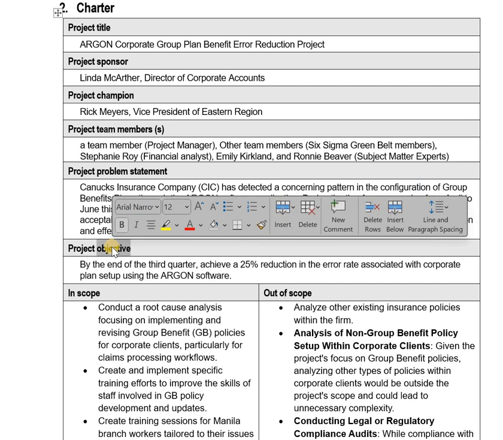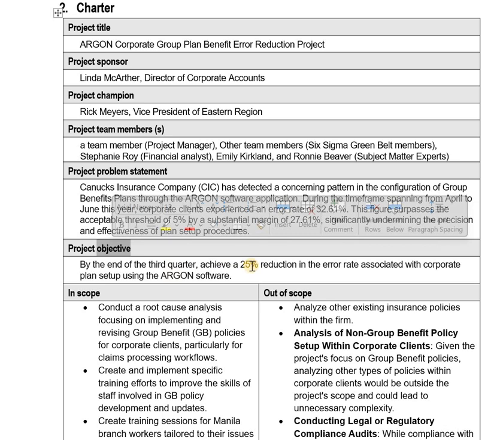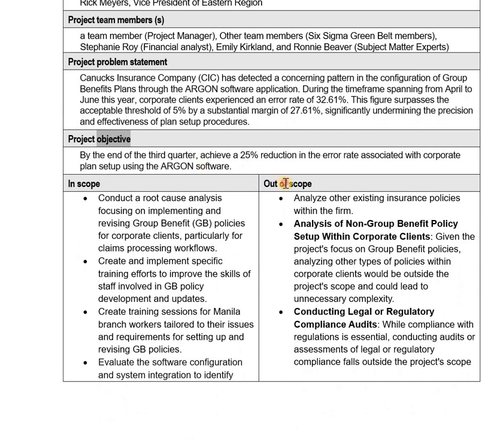Project objective. What do they actually want after the success of this project? What they want is to reduce the error rate by 25%. And in scope and out of scope, we need to specify what are the things that we will be considering and should consider while following along with the project. And out of scope is just the opposite of that, which specifies what are the things that we shouldn't align